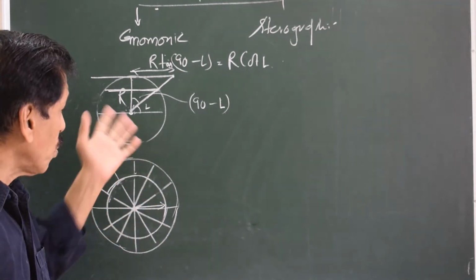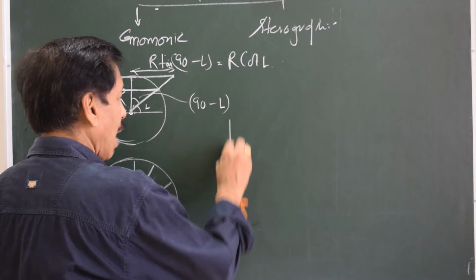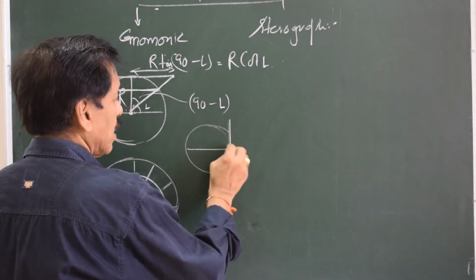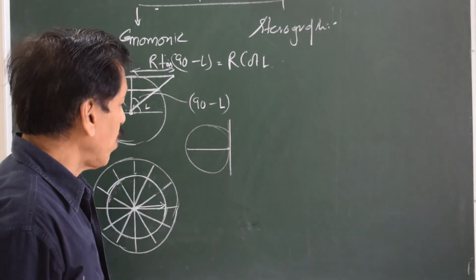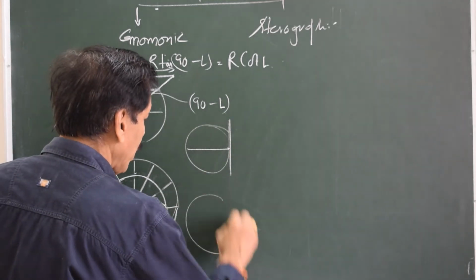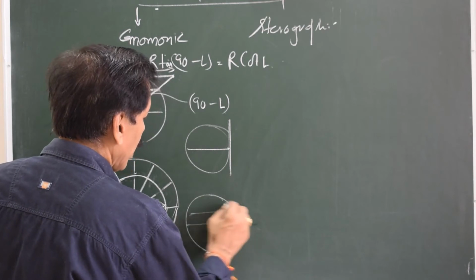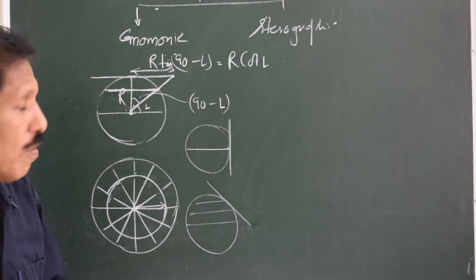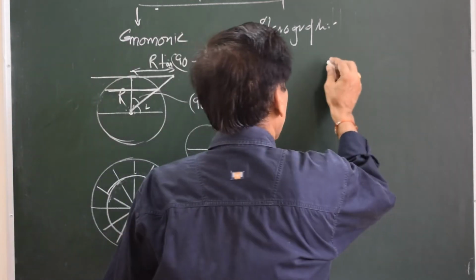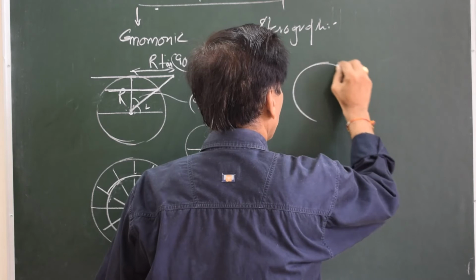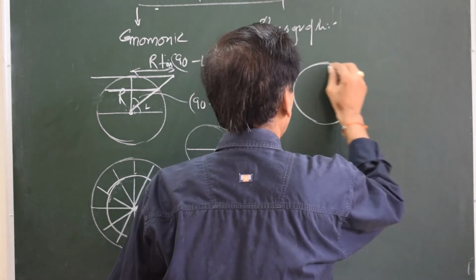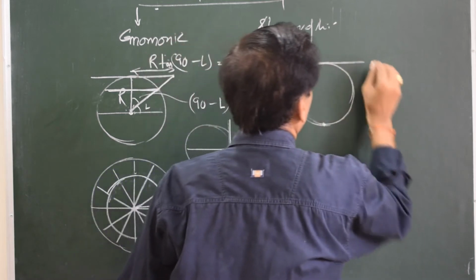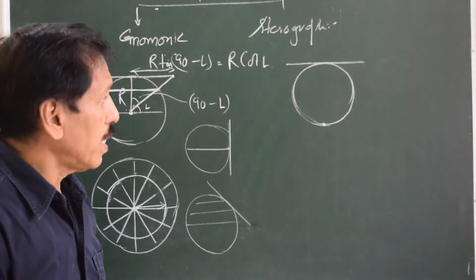Now, like I have shown you the polar gnomonic projection, you could have an equatorial gnomonic projection where the tangent plane is at the equator, or you might have an oblique gnomonic projection where the plane is tangenting one of the parallels of latitude. Stereographic projection, on the other hand, is also a zenithal projection, but in this projection the point source of light is diametrically opposite to the tangent point.